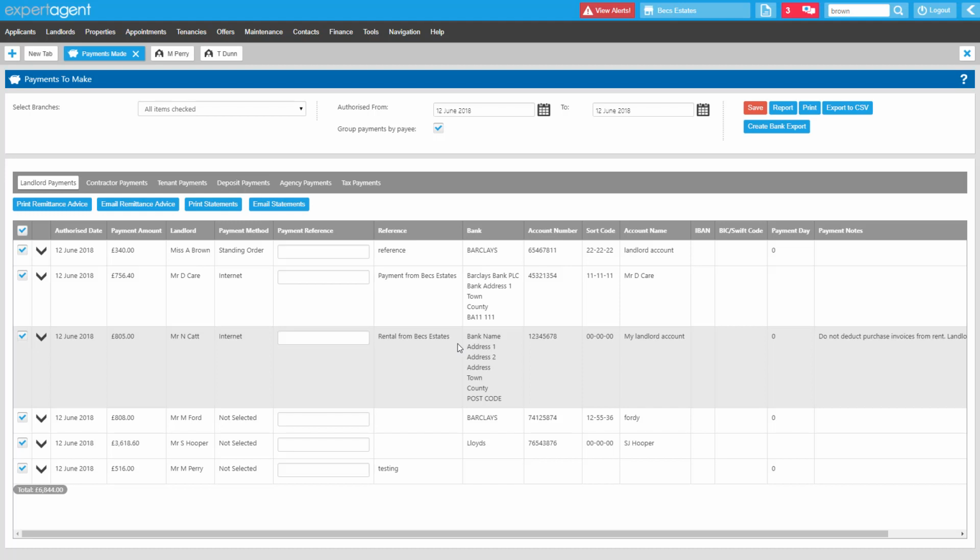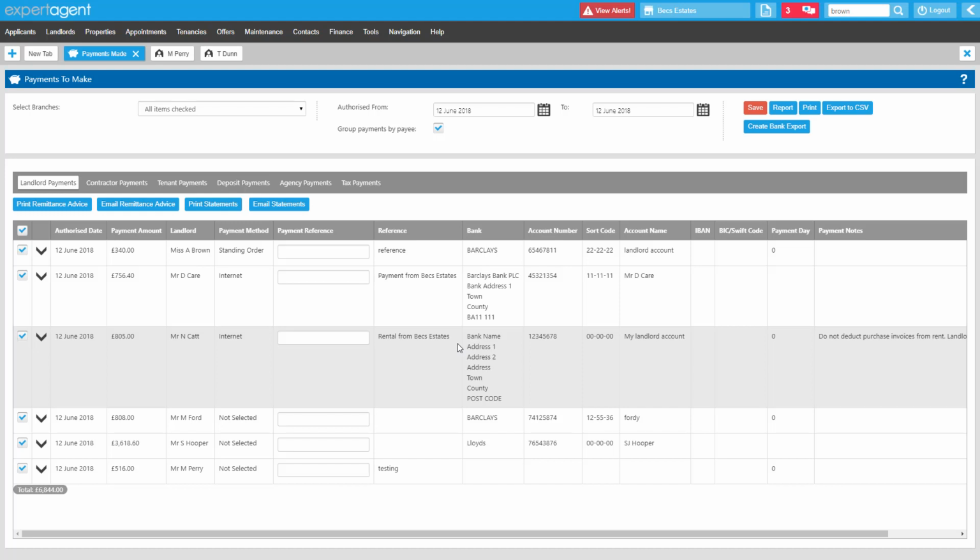payment. Statements on the other side of that are a statement of your landlord's account with you. So you will run your statements for a particular period, and that statement will show anything that's gone on that landlord's account within that period. So any receipts that have come in, any invoices that have been charged, and any payments that have been made to the landlord. Because it's not focusing on the payment that the landlord has had, it's an overview of their account with you. If an invoice has been charged but not included in the payment, it will show on the